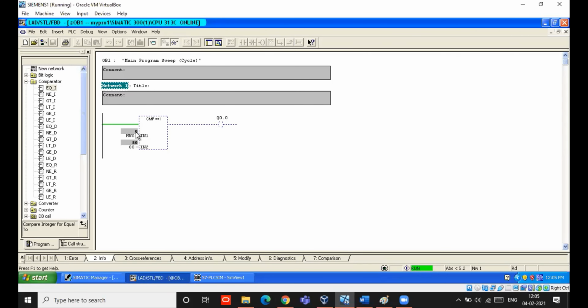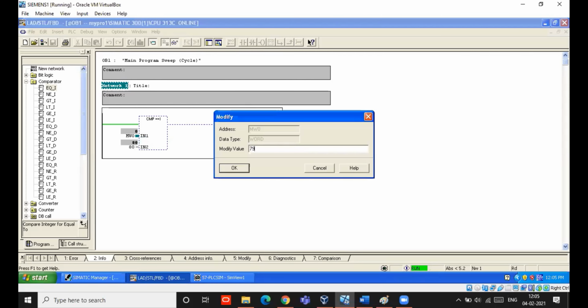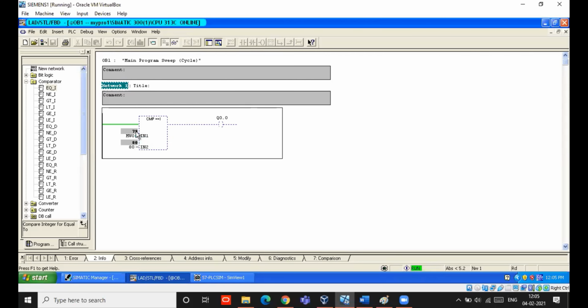See here, the present level is 0 and the set point is 80. Is the output on? No, it is not on. So I'm changing the level. I'm giving 79. At this time also both are not equal. The output is off only. Now if I give 80 only, what will happen?